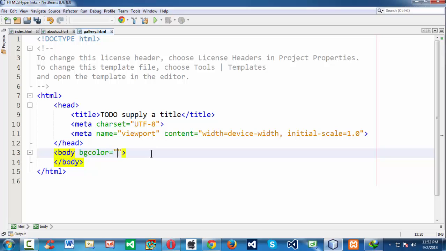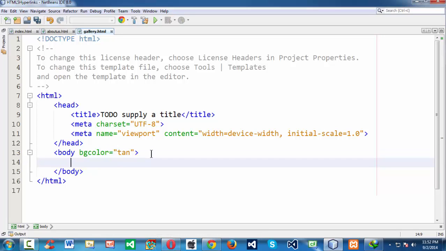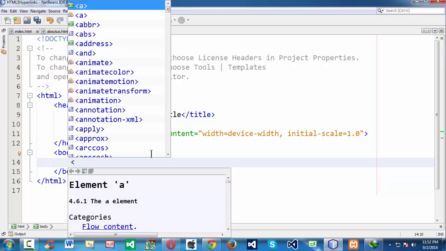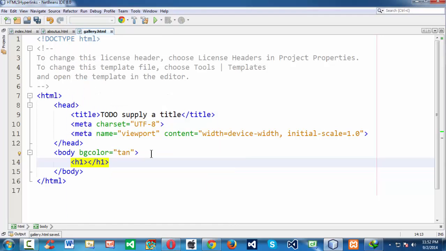To keep it simple, let's say bgcolor is equal to 10, and let's have a heading also here. An h1 tag, let's say my college gallery. Somewhat similar to the title, since we are saying that this is gallery.html. Let's say align is equal to